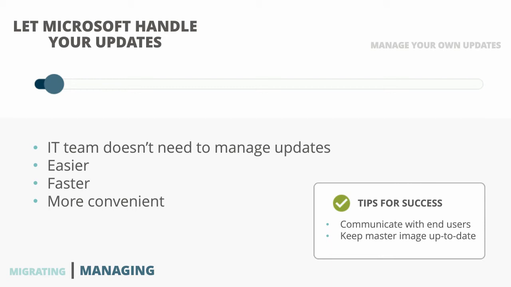Once the version of Windows 10 that the user is running hits end of life, it'll just upgrade to the newest version available. And that's fine in some scenarios, and it's super easy to let that happen. You don't have to really do anything at all. It just happens in the background. But you do want to be aware of that and at least keep track of when those operating systems are going to be forced to upgrade, so that you can notify the users of those specific machines. Because it can be a long upgrade process.